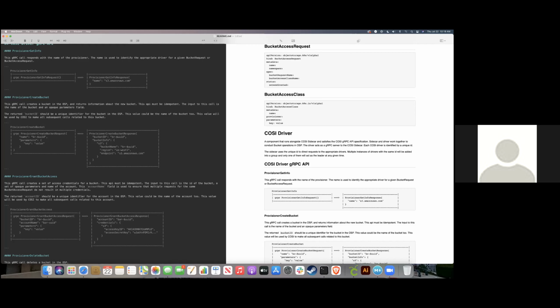But if the previous structure is the same, where there's a single Kubernetes bucket resource that is the abstraction of a backend bucket, and if there's multiple bucket access resources, because there can be different accessors to that same bucket, then it seems that there's a division there that's natural, where properties specific to a bucket would be in the bucket resource, and properties specific to accessing that bucket would be in the bucket access resource. Are you proposing something different than that, Ben?